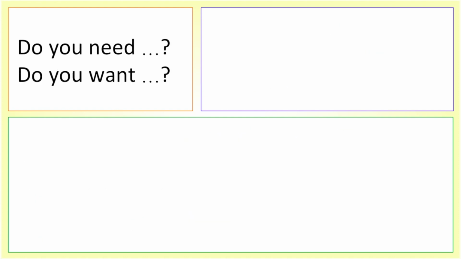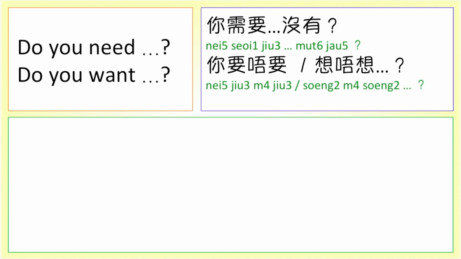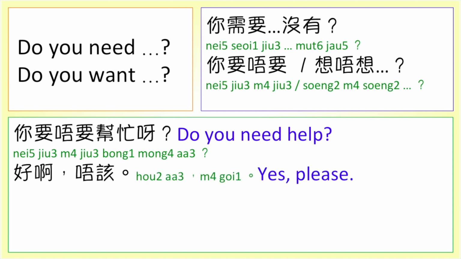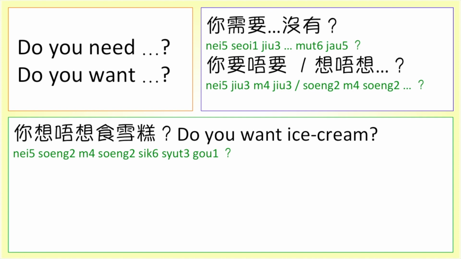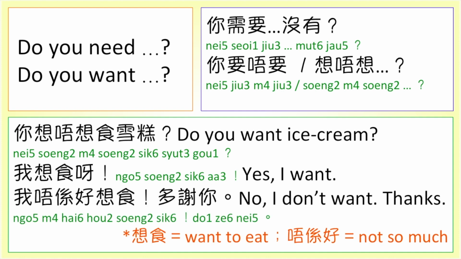Do you need or do you want? In written Chinese, we say 你需要沒有？ In Cantonese, we say 你要唔要？你想唔想？ For example, 你要唔要幫忙啊？好啊，唔該。唔使啦，多謝你關心。你想唔想食雪糕？我想食啊。我唔係好想食，多謝你。